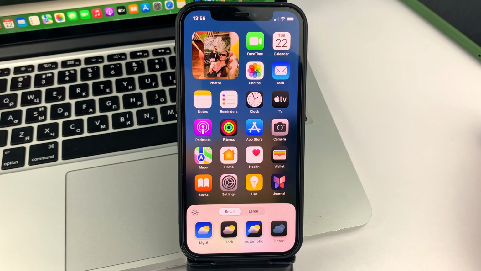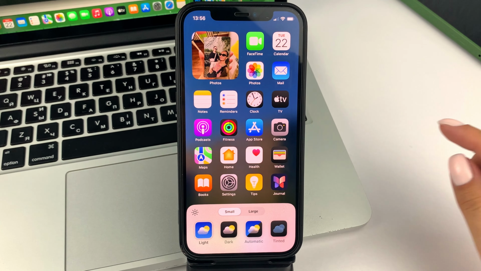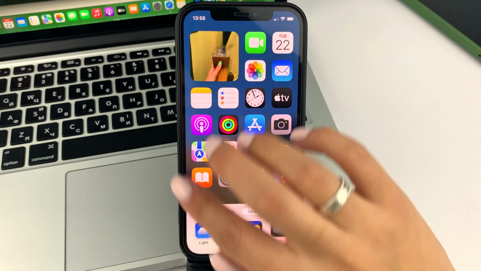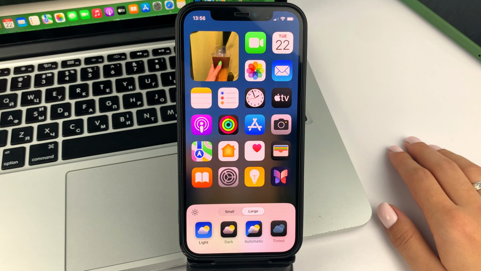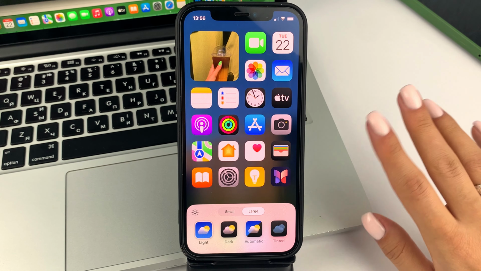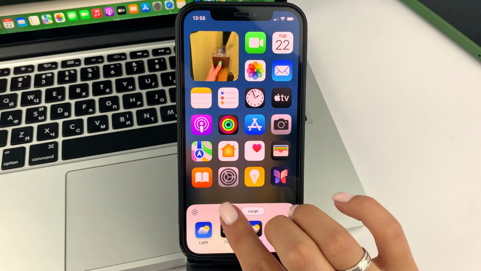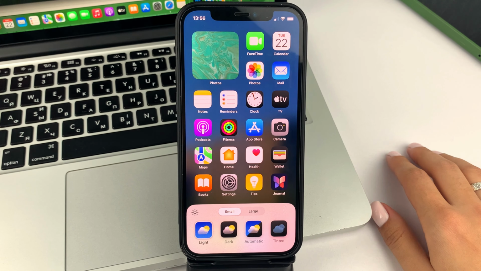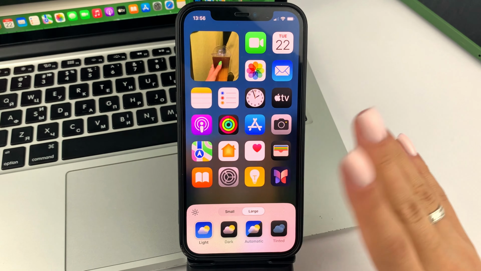As you can see, you're usually standardized to this size right here. Normal icons, but you can drag to a bigger one, and they'll get bigger before your eyes. But keep in mind that when you increase the size of the icons, the lettering underneath them will disappear. If this is important to you, then leave the smaller size of the icons. If not, then you can choose the larger one.